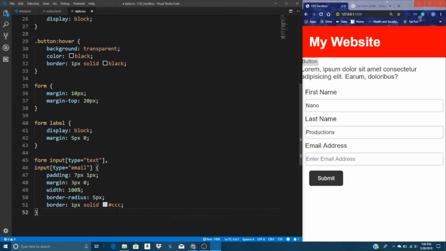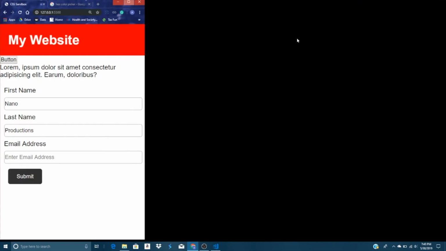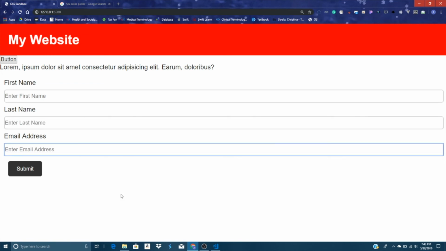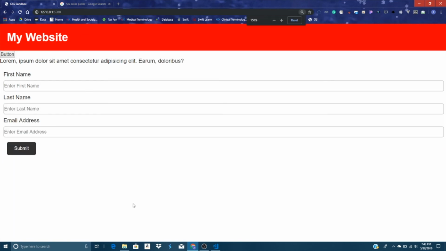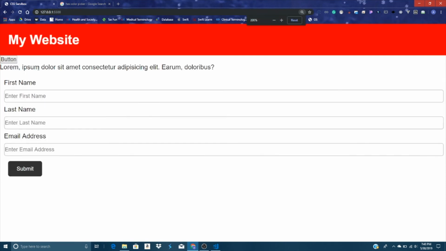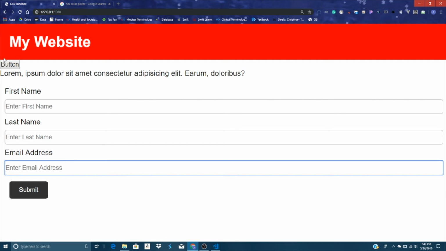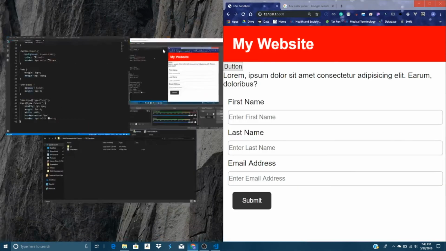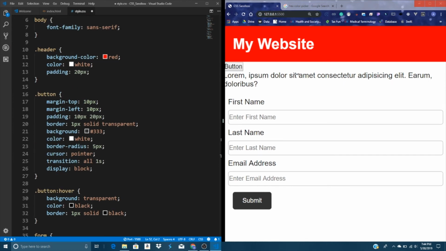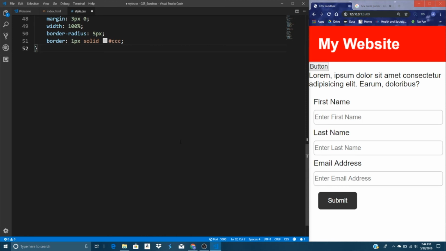So basically, we just styled our form. This may look a lot better if I kind of zoom in, or if you were to zoom out a bit. This looks a lot better, trust me. Like, this looks a whole lot better than the previous form, if you have seen. Alright, we talked about a lot of attributes so far. Now let's go ahead and